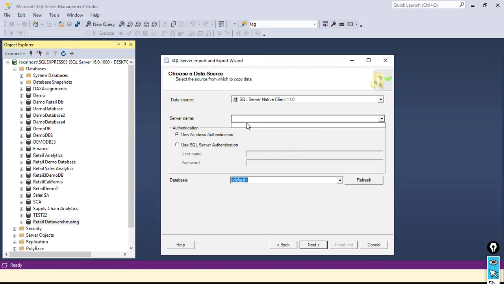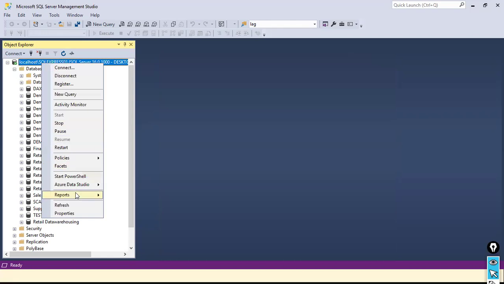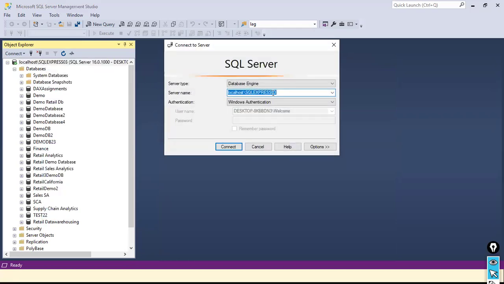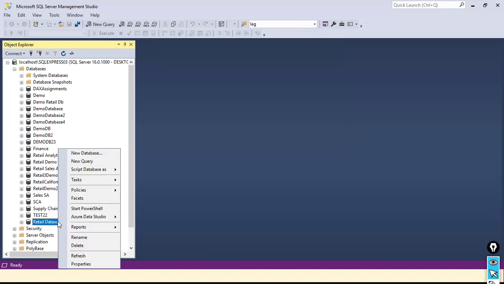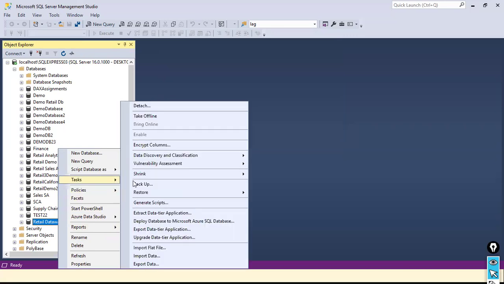Okay, now I'm going to click on the drop down. Here I don't see the database name. What I will do is I'll just right click on it. And yeah, here we can right click on it, and then I'll just click one more time. I just copy this here, okay? So just to copy the server name, I just did the connect, okay? Don't connect again. Click on cancel. And here I just go here one more time, sorry. Tasks, and then